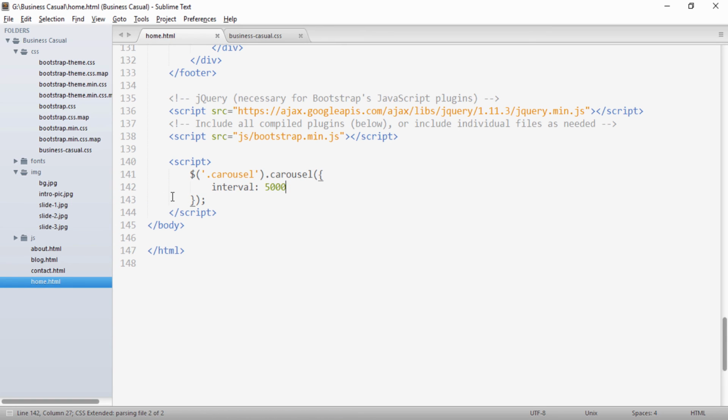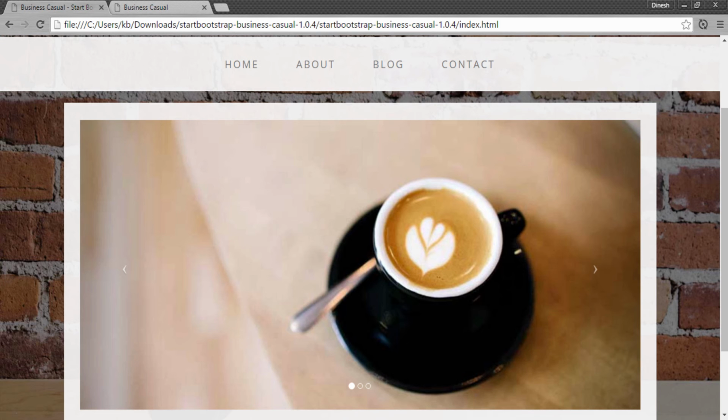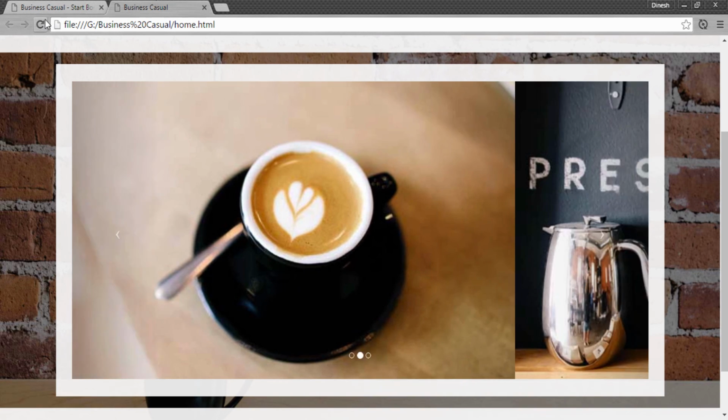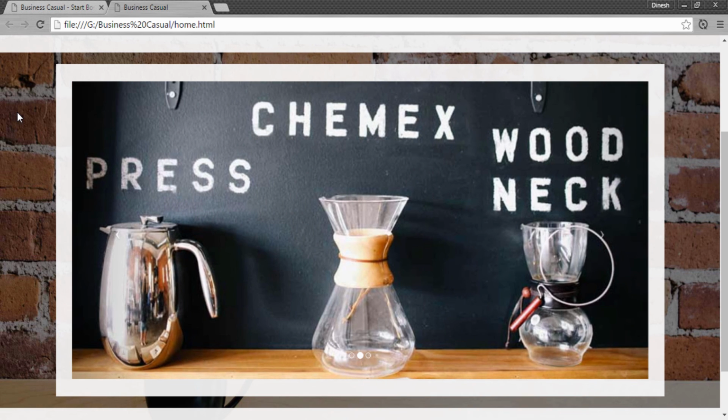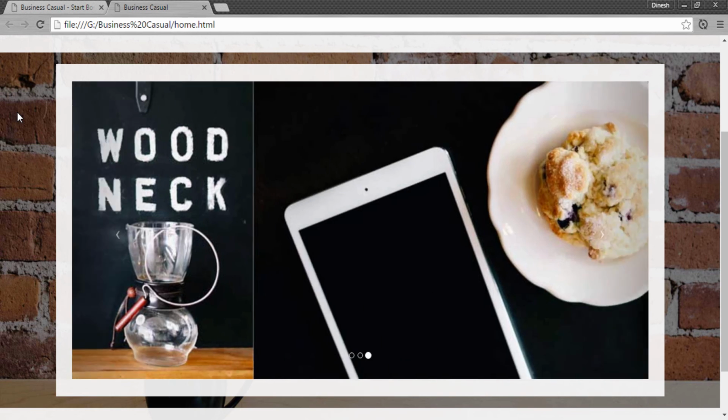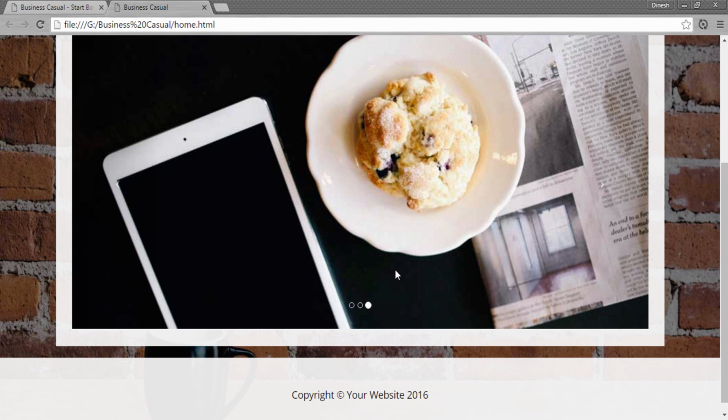And if I save it and now go to my browser, you see that after 5 seconds the slide changes. So this was all about the carousel effect.